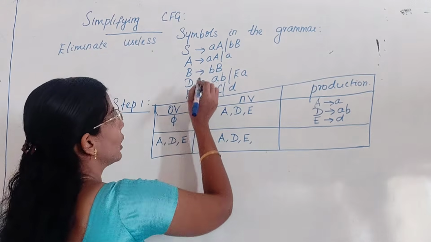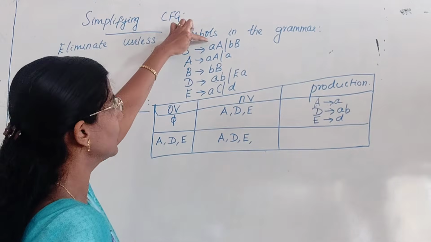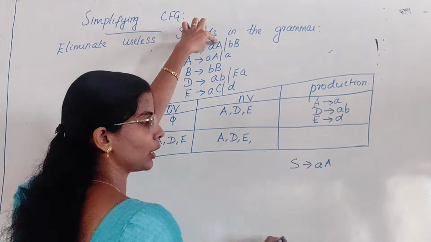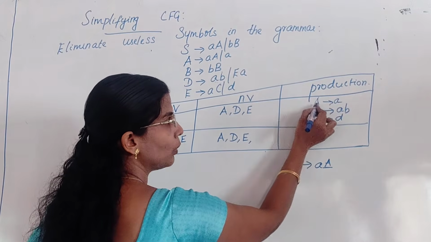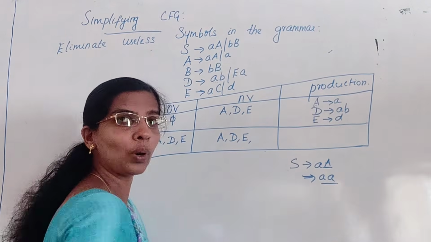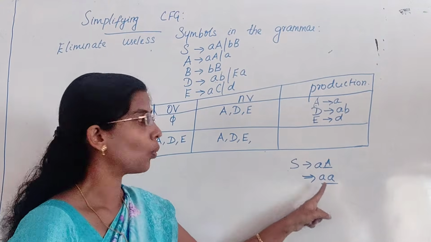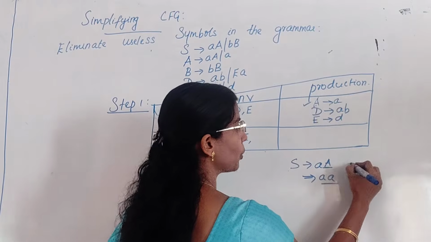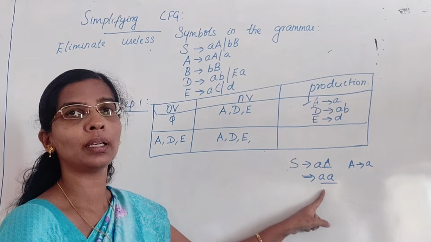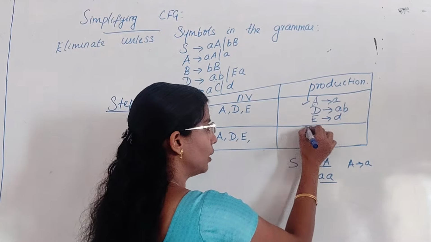What is the first non-terminal? A. So I'll take this production and check. S tends to A, and A is in my productions. So in the place of this non-terminal, what am I going to substitute? Small a. Am I getting only terminals in the RHS? Yes, after substitution. What have I substituted? I have substituted this production, A tends to a. After this substitution, I am getting only terminals in the RHS. Now what you have to do is write this production here. S tends to